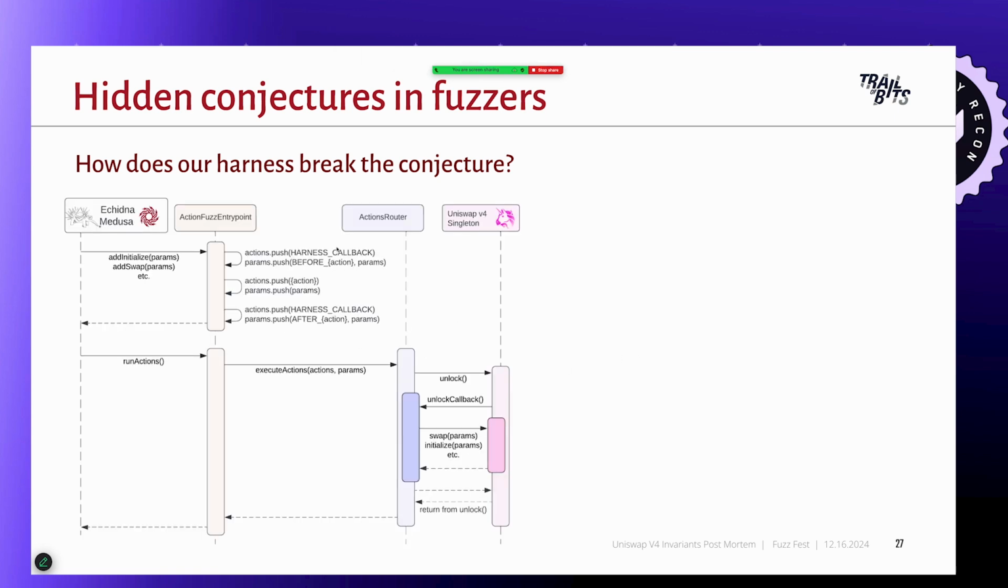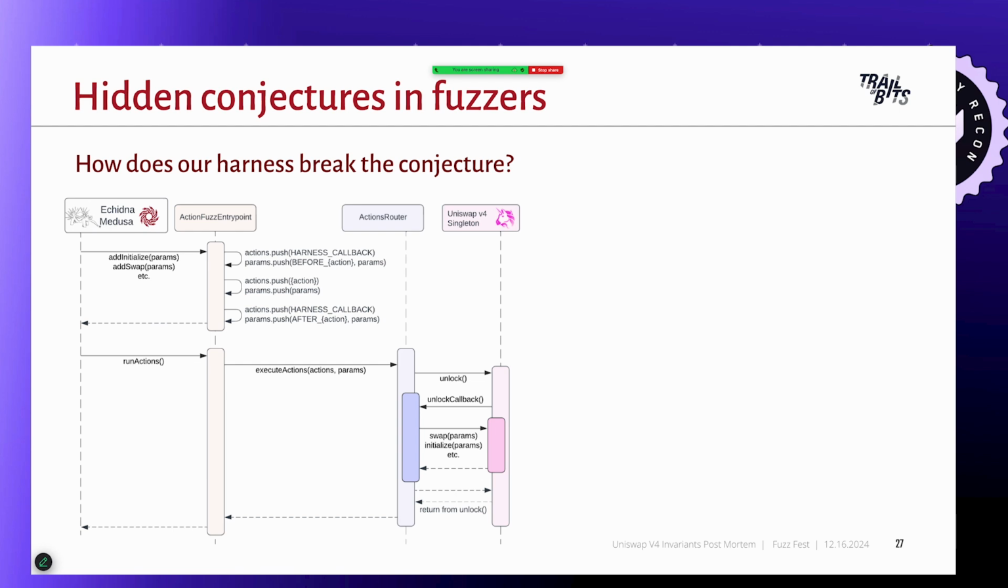So this is our harness that we just talked about. It's going to be calling add initialize, add swap, and all of these things. Each time it calls these, the calls are always going to be successful because they're just adding an action to the list. They're just adding parameters to the list. They're always going to be creating coverage. And even if you create an add swap that's completely invalid, it's still going to be adding coverage,